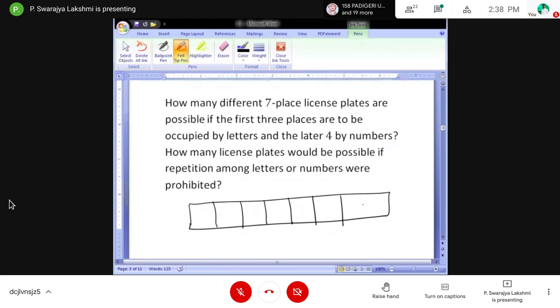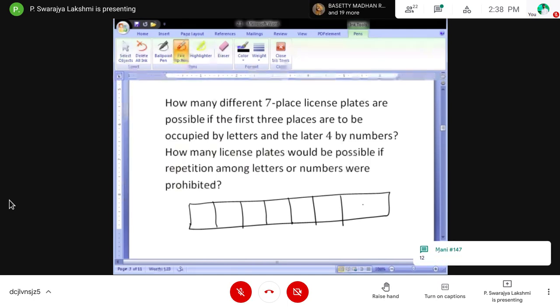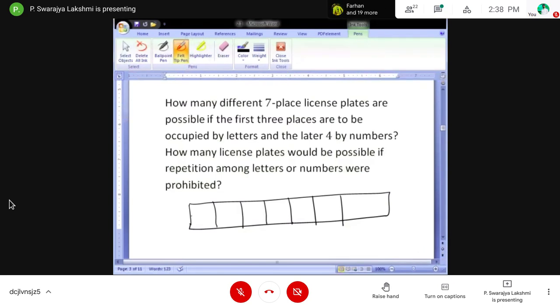Plates are possible if the first three places are to be occupied by letters, and later four by numbers. So the first three places are occupied by letters and next we have numbers.